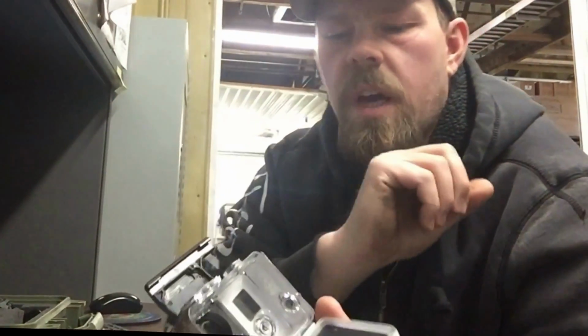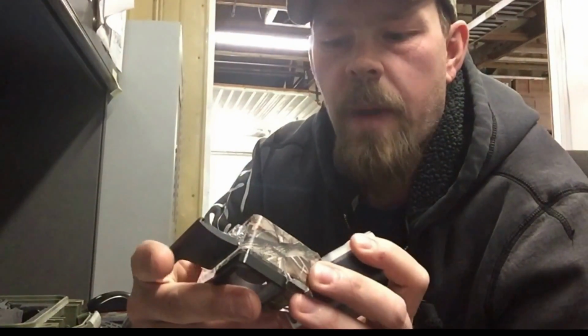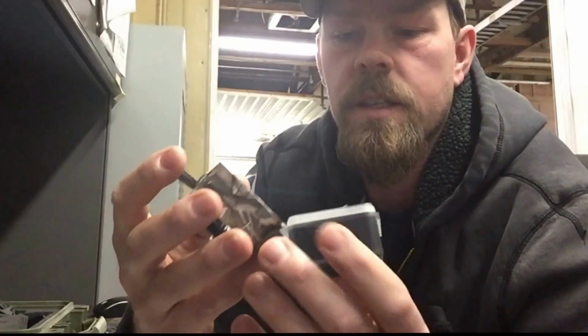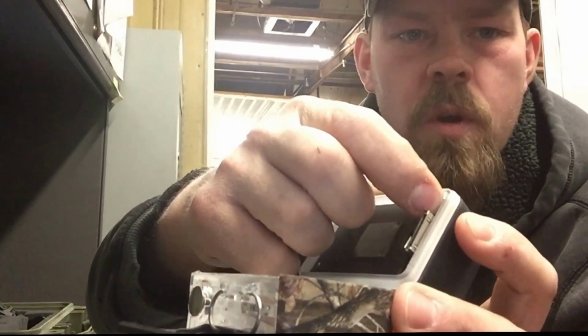So I'm going to do 2 tests, one without and one with, to show you guys the difference. And hopefully this light modification and the use of this battery will show you guys and help you guys out in the field with your GoPros. Now, as you can see, the plug-in port actually moves in here,